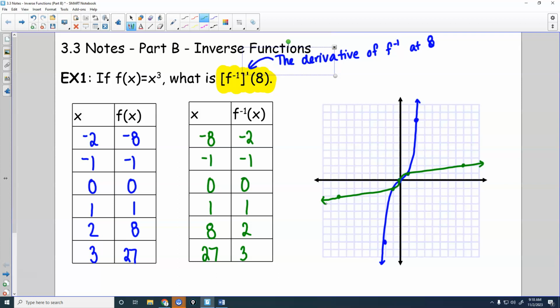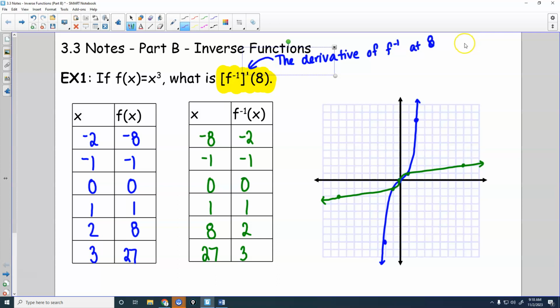Okay, now, this question did not ask me for the derivative. It did not ask for f prime of 8. It asked for the derivative of the inverse at 8, right? Really the only way we know how to do this right now is to find the inverse. There's a reason I've done this graph here. I'm going to show you something in a second. You wouldn't necessarily have to do the inverse or the graph to do this problem. So if I want to find f inverse, then I would need to switch my x and y's,